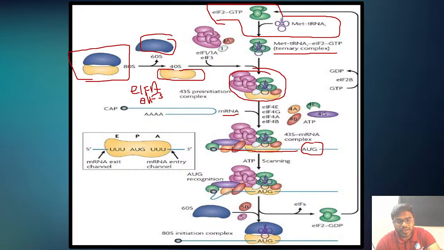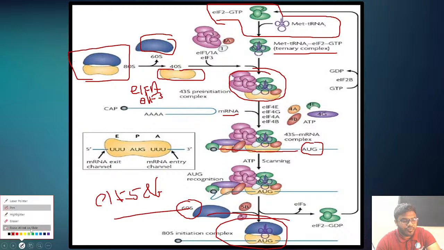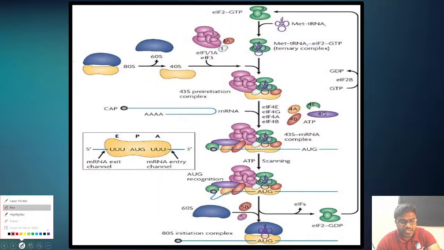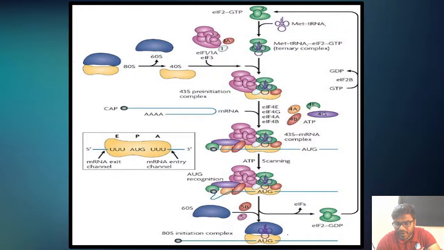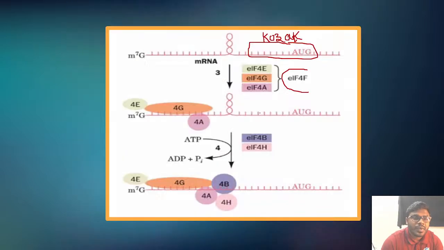Now later I want every student to understand, the moment the entire complex gets established, immediately what is going to happen, friends? The 60S ribosomal subunit will come. This is brought by EIF5 and EIF6. Very simple. Then friends, we form the active initiation complex. I hope everyone understands it very clearly. This is what the active initiation complex is. Next one,